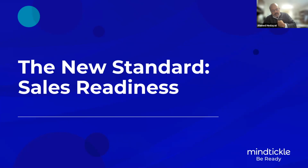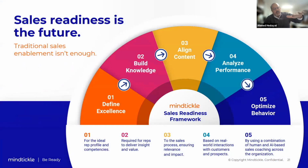And over a third of the sales leaders are still looking for technology that integrates it all. And this is the one slide where I get to make a little bit of a pitch, but regardless of where you go and how you go, you do have to define that excellence that we talked about, both culturally and from the metrics that we talked about at the beginning. You have to have a way to build that knowledge. You have to have that relevant content. You have to analyze with the right metrics that support that, and then you can optimize it. That's the loop back